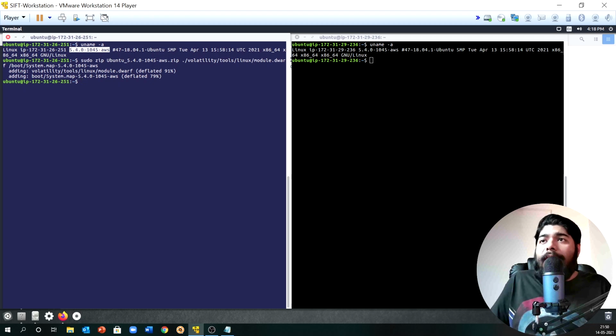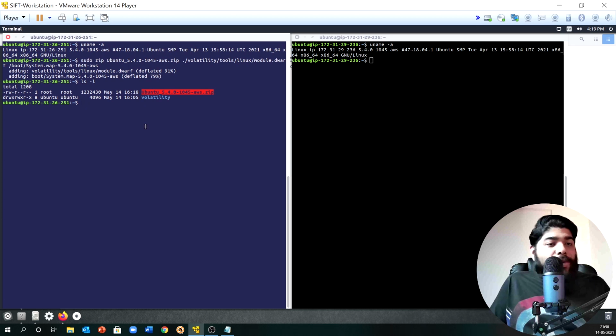Okay, so you see the zip has been done. Let's do an ls -l quickly to verify what we have done. So we have created our zip file, which now has two things: our kernel profile and the dwarf file that we have currently built.